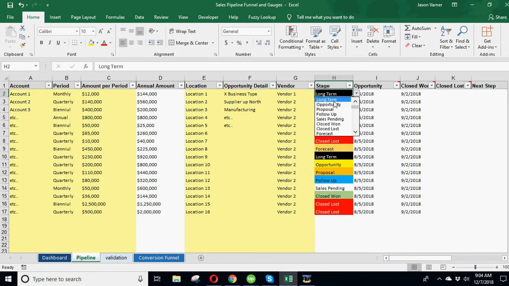Opportunity is just saying that you've got a new lead, kind of. It could basically be called a lead. Anytime something comes in, you'll put the date here, and this is basically the date the opportunity becomes a lead, and this date is important for the calculation on the dashboard lower part, as well as the top part for